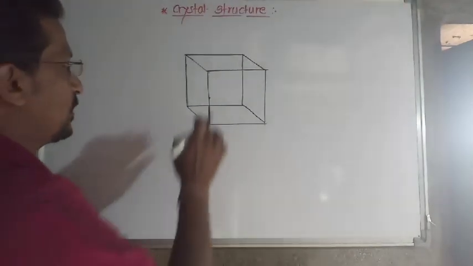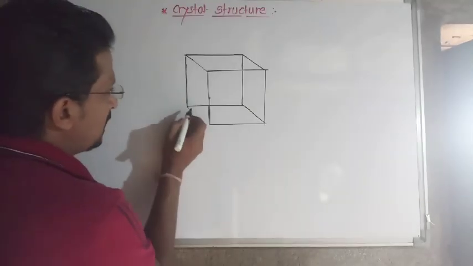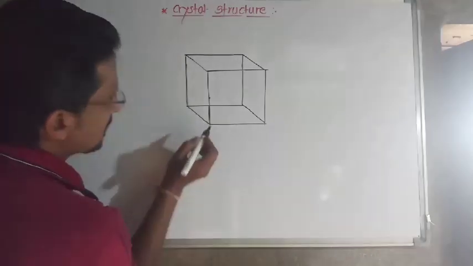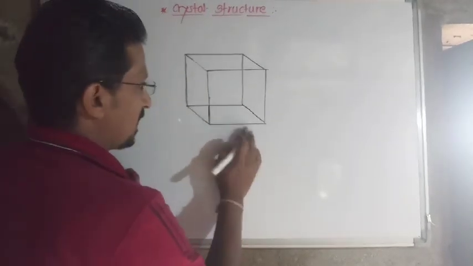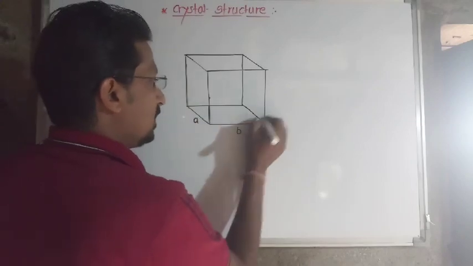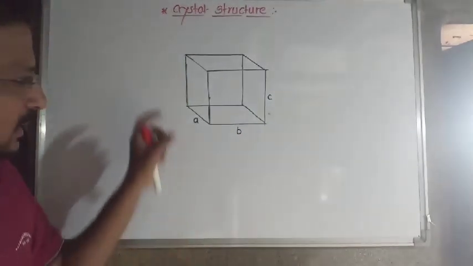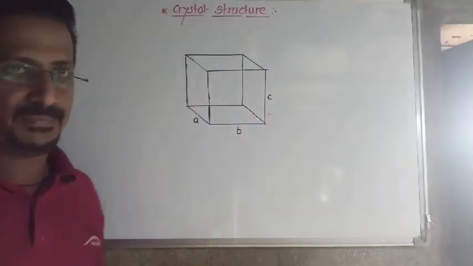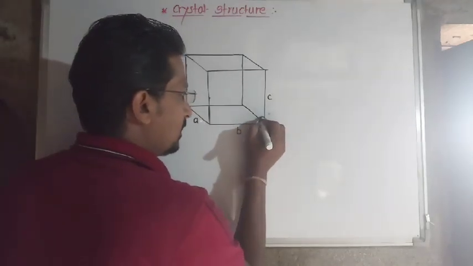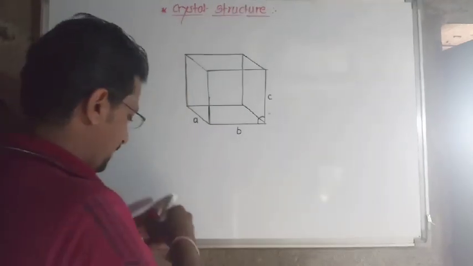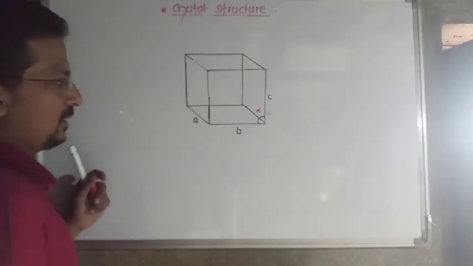Just see, this one is the unit cell, a simple cubic unit cell, isn't it? Now if the cubic unit cell is concerned, then there is a difference with respect to the edge lengths. Suppose you call them A, B and C, these are the edge lengths. And if you consider the angles, between C and B, suppose this is alpha, isn't it? Then between A and B,